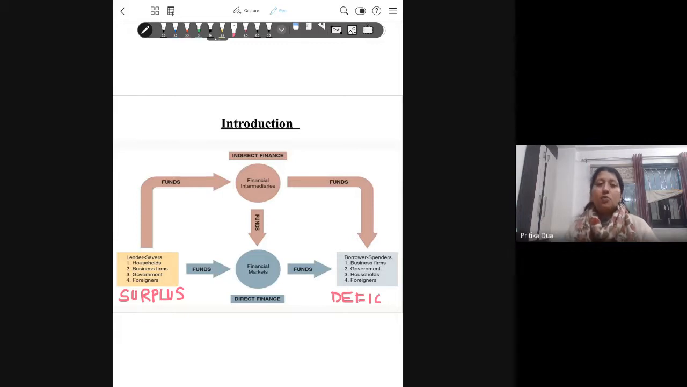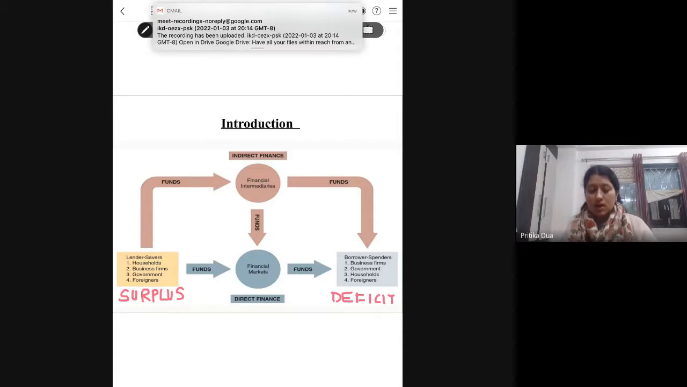One direct way of channelizing this movement of funds is through the financial markets. So you invest in the stock market, and basically the surplus units are transferring funds to the deficit units. On the other hand, through financial intermediaries, so intermediaries are people who mediate between, or institutions who mediate between surplus